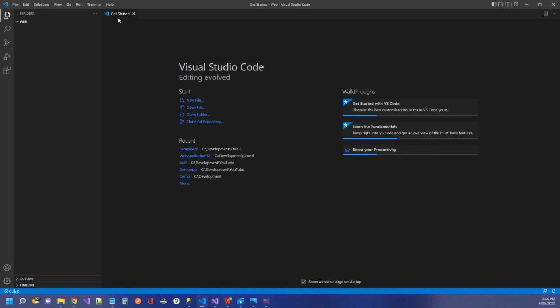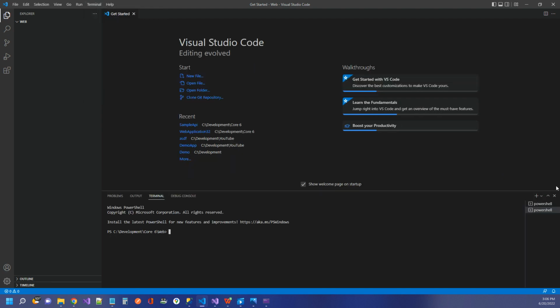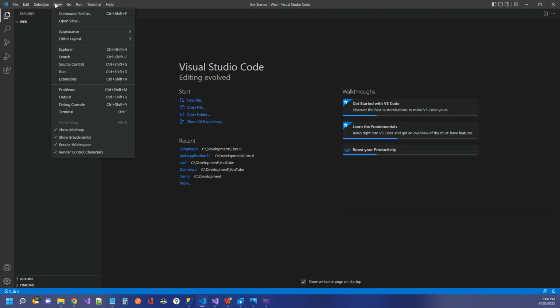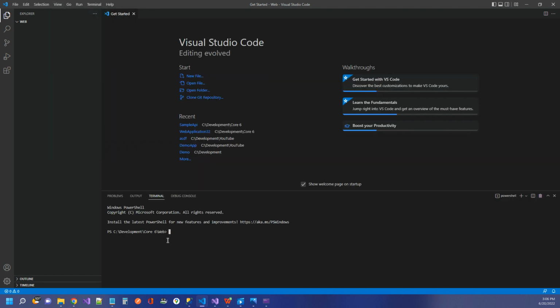Let me just show you how we got to the terminal. You can go to terminal, new terminal, and we have our little trash can over here to get rid of those terminals. Another option, you can go to view terminal. Okay, so now the first thing that we need to do